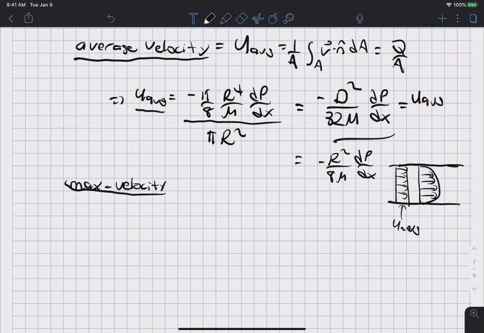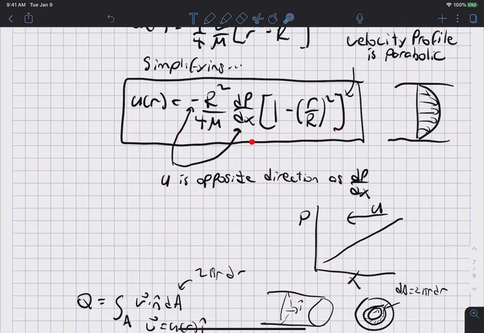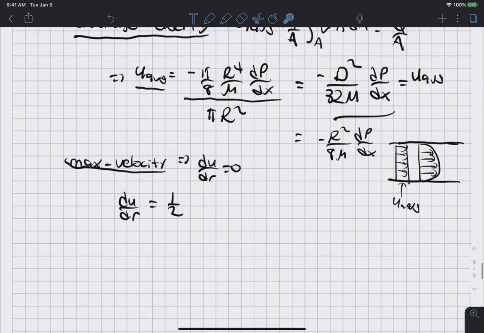Okay, and which is at the location du/dr equals 0. And so du/dr, we actually already found that while we were integrating the ODEs, or you can just take the r derivative of our function here and start going through it. It's rather straightforward. So that equals half r over mu dp/dx,